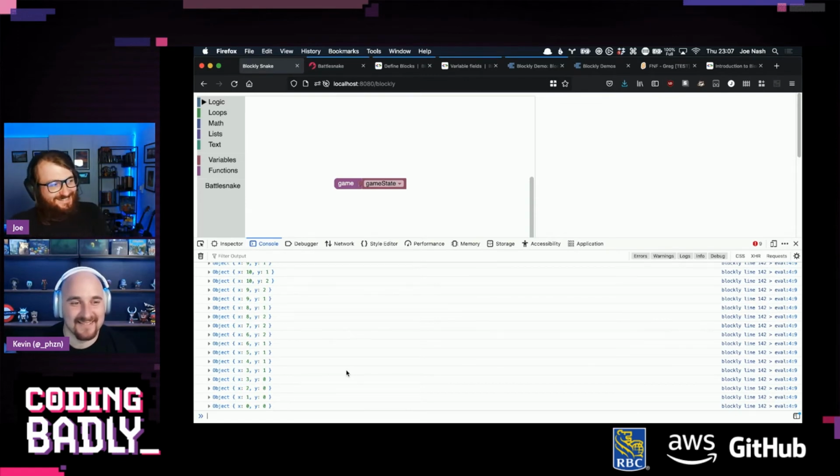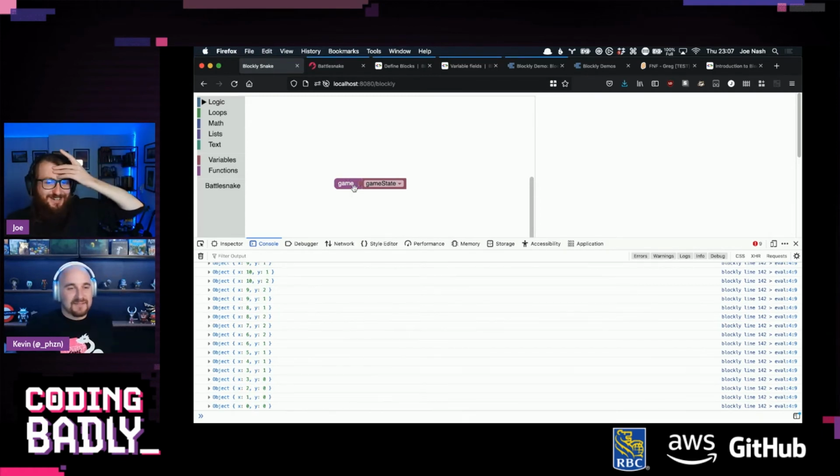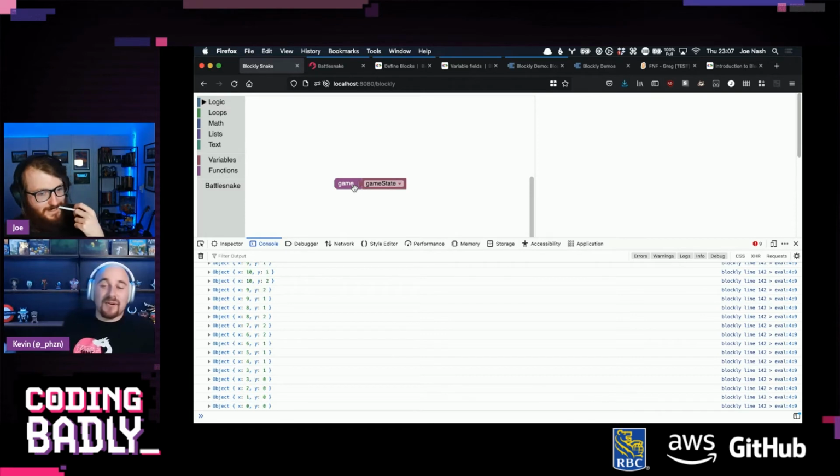This is ridiculous, but we can now do it. We now have GameState, and we need to turn this block into a block that has output, because otherwise we're going to end up writing a Battlesnake kind of third person in this generator. Hexagon says you are now considered a meta programmer. Now we're thinking in compilers.